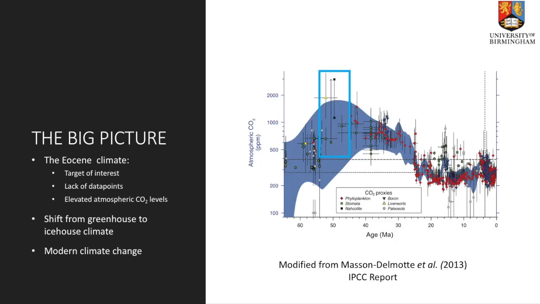Today, the Earth is experiencing global warming and increasing atmospheric carbon dioxide levels. Because of this, many are interested in studying similar periods in Earth's history. The Eocene is one such period, which I have highlighted in this graph to show elevated atmospheric CO2 levels. The Eocene also represents a global shift from a greenhouse to an icehouse climate. By researching how different climatic processes operated during the Eocene, we can make predictions on how the planet will respond